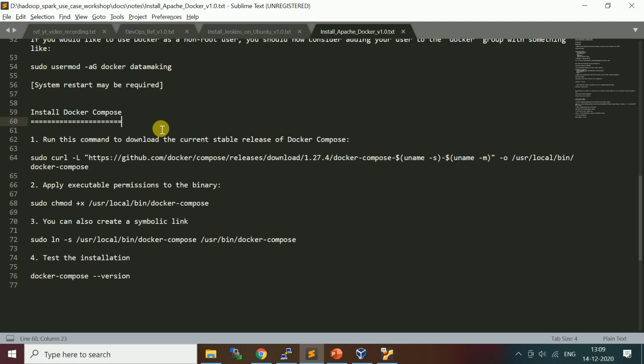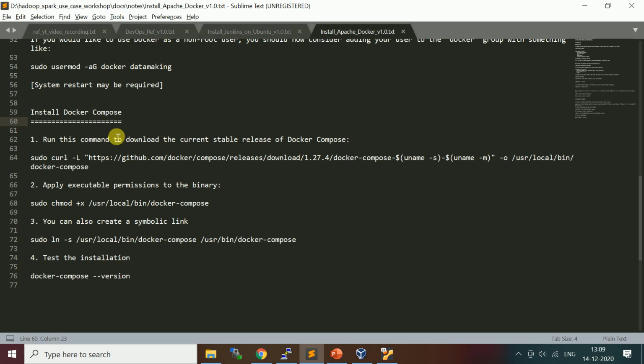Similarly, you can have multiple containers for multiple applications, right? If you want to manage all these multi-container applications, Docker Compose is one utility where you can start all the containers in one step, and you can stop those containers using a single step. Okay, so that's the purpose of Docker Compose.